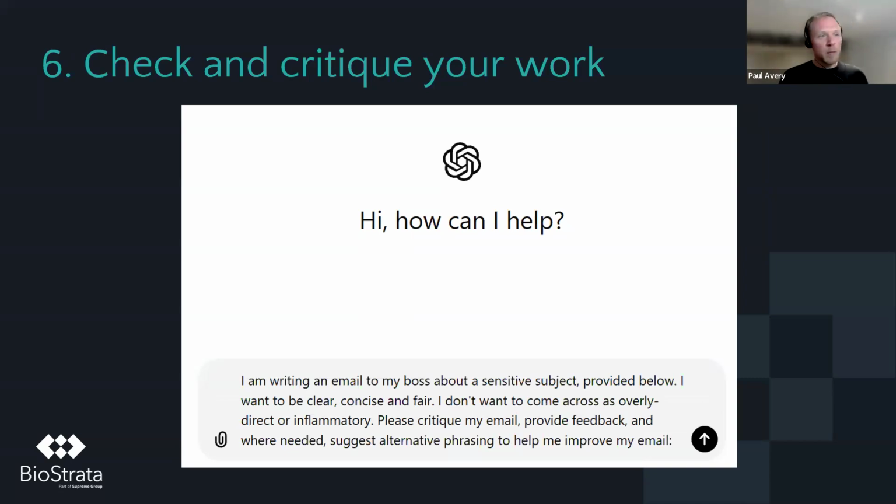Similarly, if you're the type of person who actually tends to be quite fluffy and careful and overly sensitive, and actually you need to be a bit more direct with this person you're communicating with, you can flip it the other way, and all the other myriad of variations that you can imagine. So if you're struggling to phrase something the way you want, or you're nervous that you want basically a writing coach to help you with your work, this can be a really fantastic way to do it.